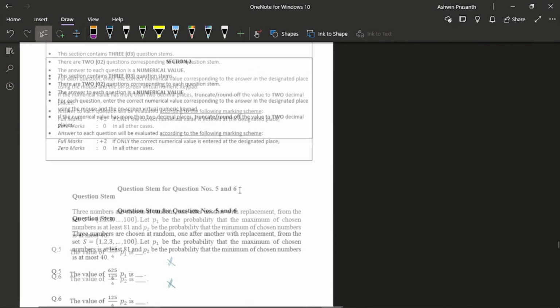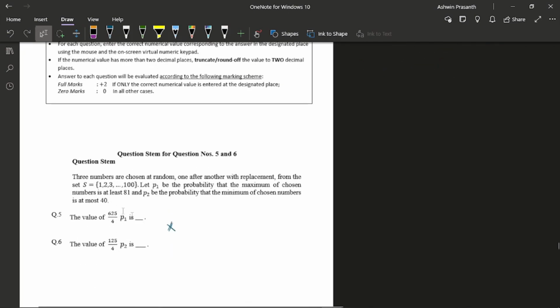Then I moved to section two. Again, this question, I was still getting stuck, so I left it for the end. And what I did in the end, when I had 2 or 3 minutes left, was randomly guess the answer for both as 5, because anyways it had no negative marking. I did it at the end only. You should do it only when there are 2 or 3 minutes left, because it's not wise to do it in the middle of the paper, as you can spend the time on some other question.